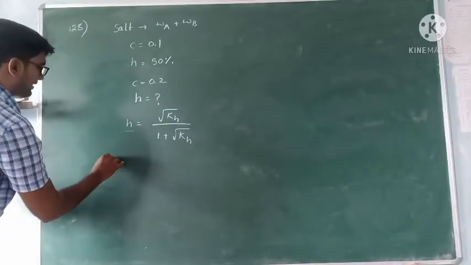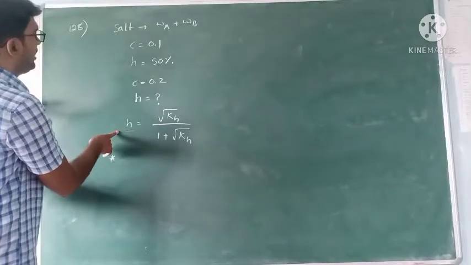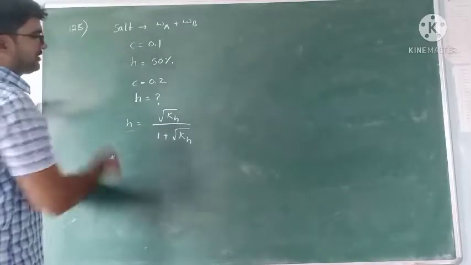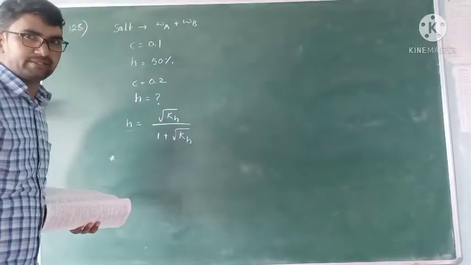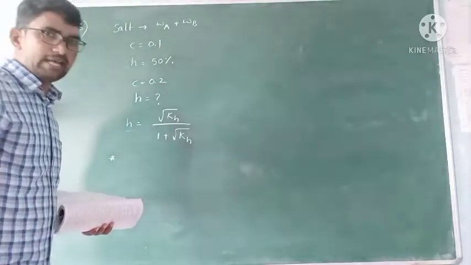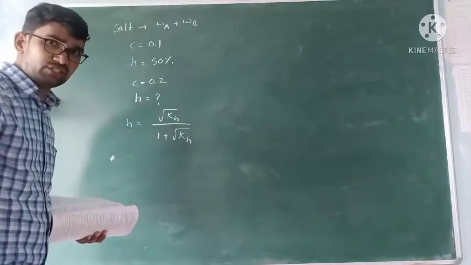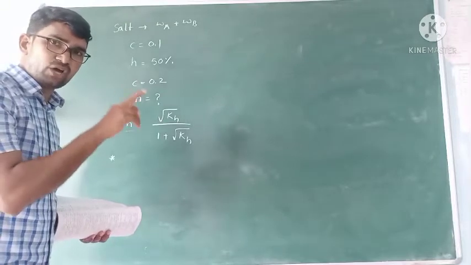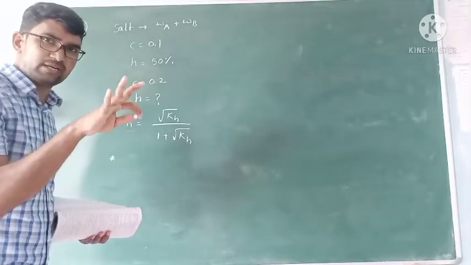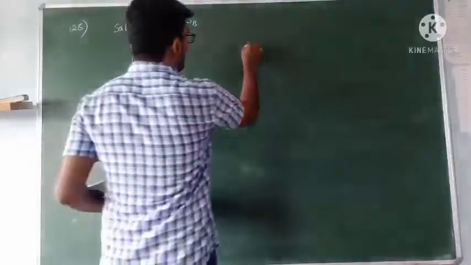So write that point here. What is that point? Degree of hydrolysis of salt of weak acid and weak base is independent of the concentration of salt. Right? So we know that very well. For the remaining two salts: first, salt of strong acid and strong base, there is no salt hydrolysis. But for the remaining two, you know the formulas.